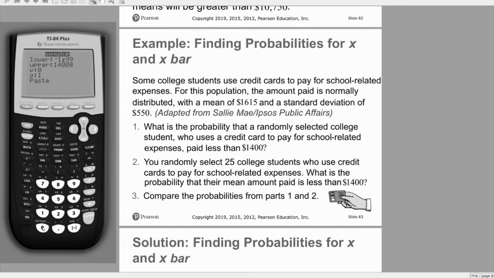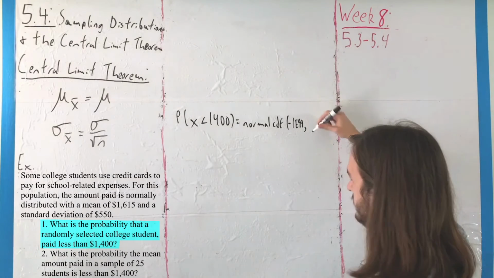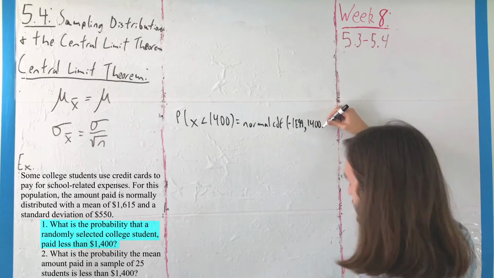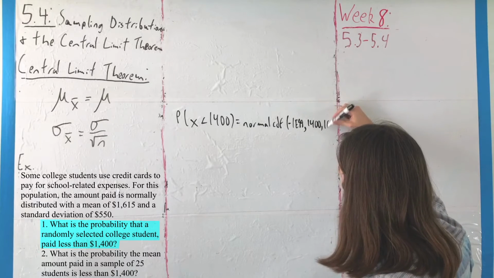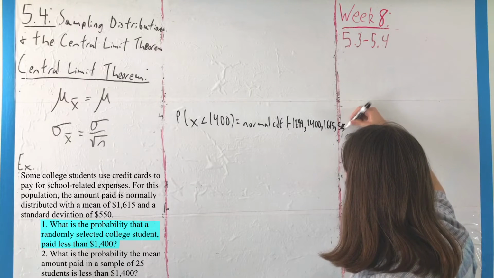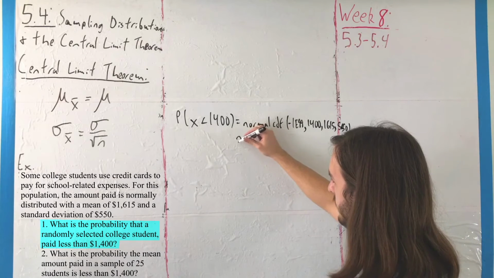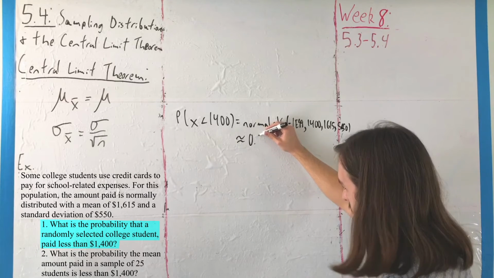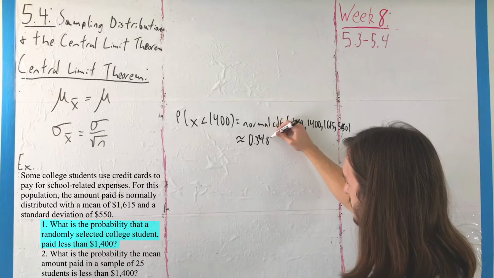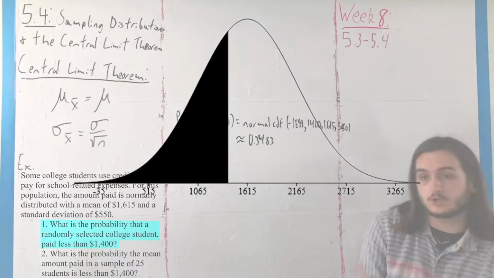where what we put into there is our lower boundary amount, something in there like -1E99, because that's a pretty big number we're dealing with, 1,400, that mean of 1,615, and the standard deviation there is 550, which would get us a probability of about 0.3483,